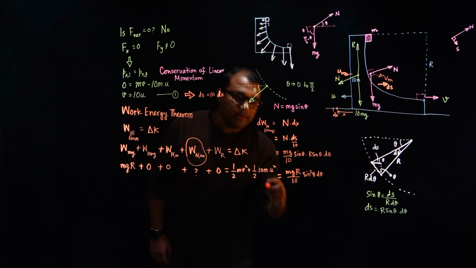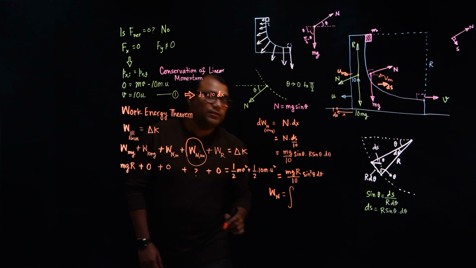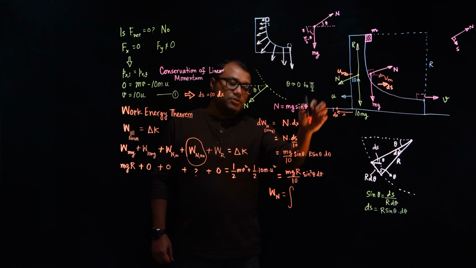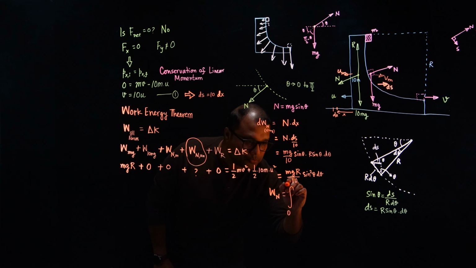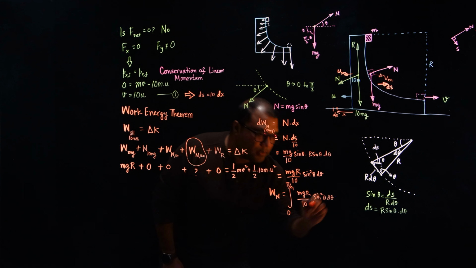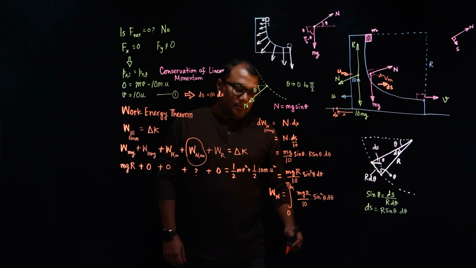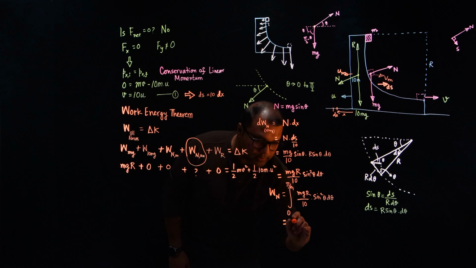Then if we integrate to find the total work done, theta is moving from 0 to pi by 2, so integral 0 to pi by 2 of mgr by 10, which is a constant, times sine square theta d theta. Now I will not go into the integration part, but the answer to that is